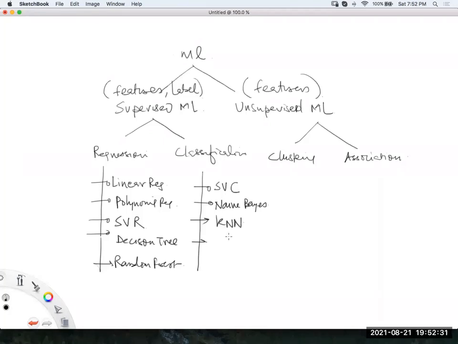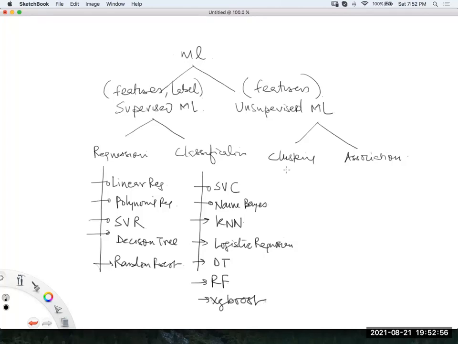Okay, then what was that, guys? Logistic regression. Although the name is logistic regression, it is for classification. And then, guys, decision tree, random forest, that was the case, right? XGBoost. These are the algorithms here.